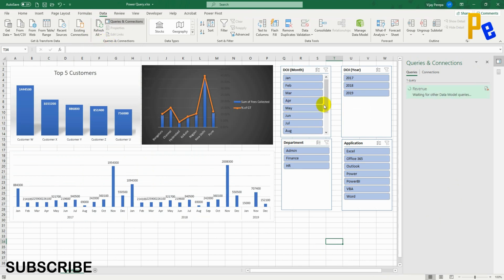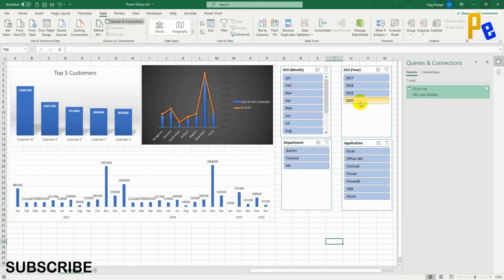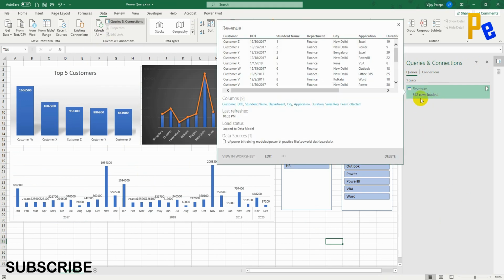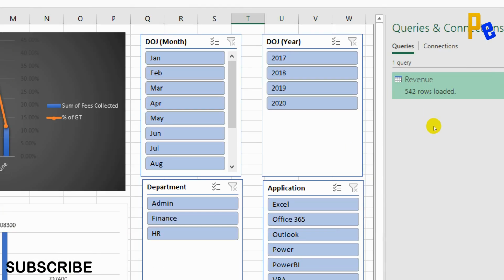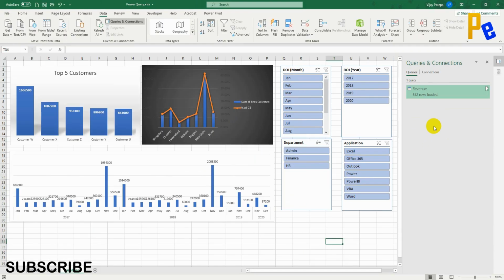You will notice one thing here, 2020 added, and the rows are now not 521. Another 21 rows are added, that is 542 rows. It is very clear that you are not doing any extra work. You are just clicking the refresh button after adding the data into the other file, and that too the file is not the native file where your report is.